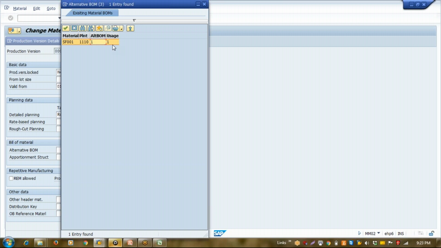Even users will also remain constant, and you will have a list of alternative BOM 1, 2, 3, 4, 5, 6, 7, 8. Okay, this alternative BOM concept is used many times where you'll have a seasonal BOM, or we can say that you'll have a different BOM for every month. Okay,